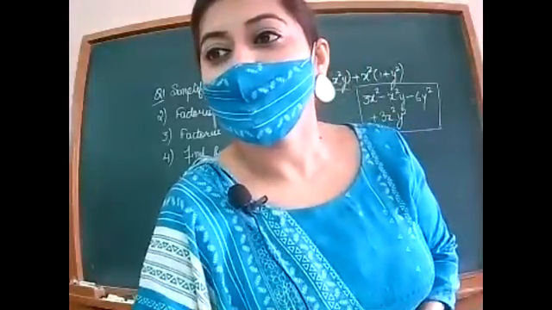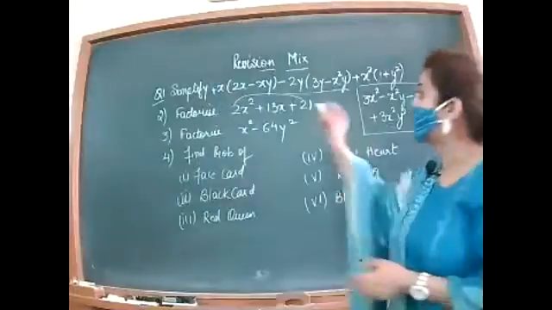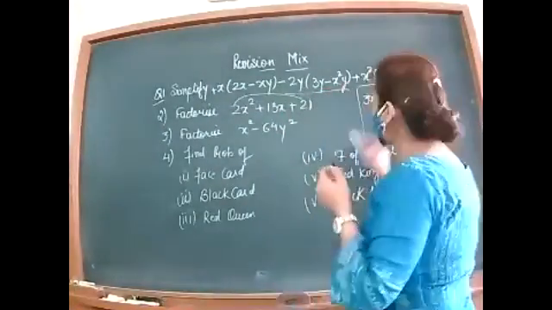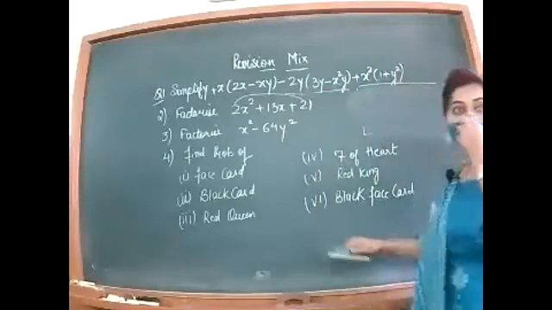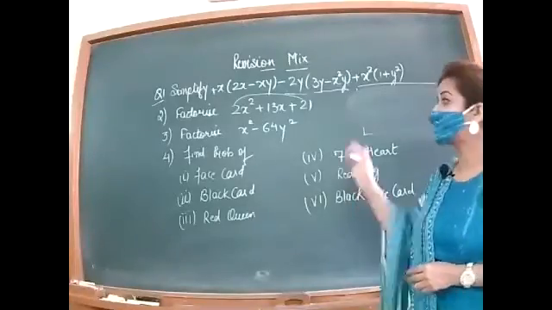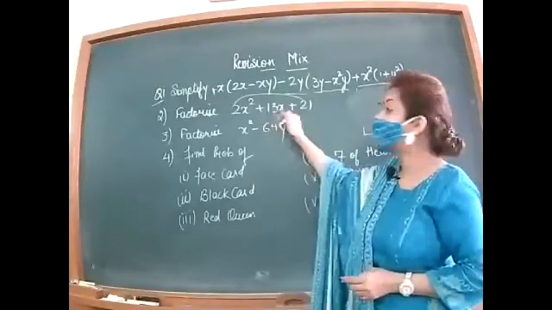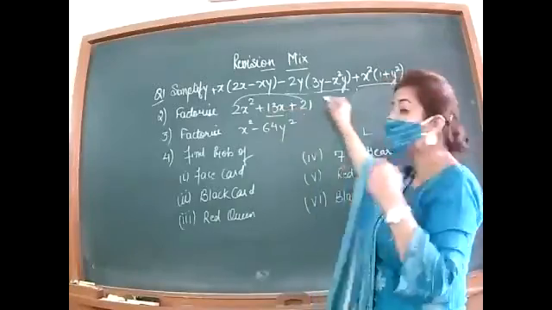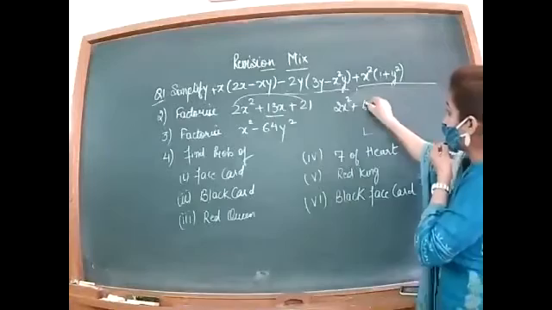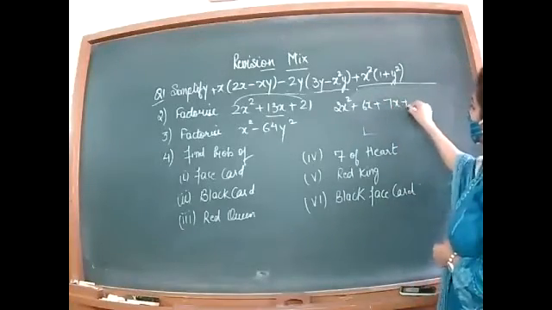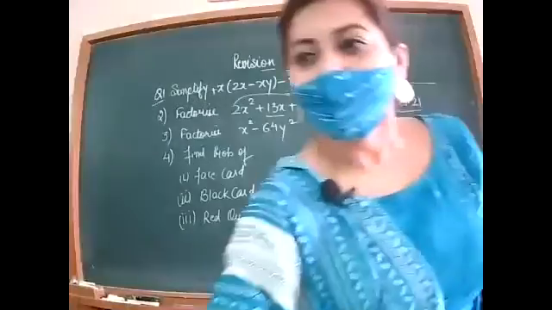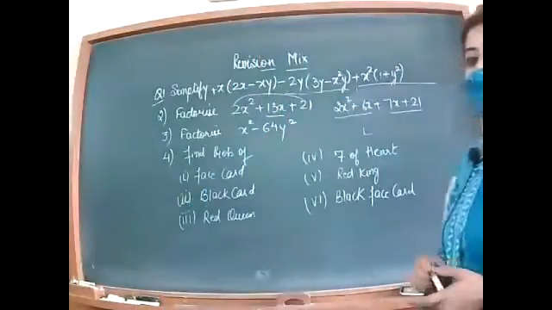Yes, in this question you will use middle term splitting method, in which you will multiply first term with the last term, and on multiplication you will get 42. Make the factors of 42. 6 sevens are 42, and 6 plus 7 will give you 13. So split this term into two parts. You will write 2x square same, and 13x will be written as 6x plus 7x plus 20. So take common from the two pairs. Solve this and tell me the answer.